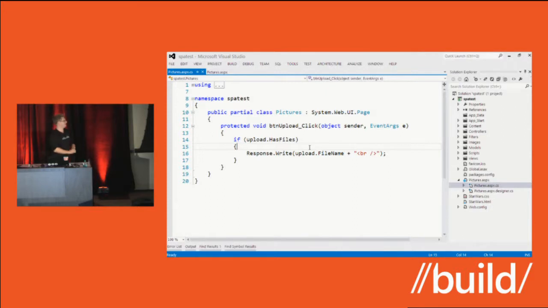So here's what it looks like. This is very, very simple. If my upload control has files, then response write the file name. But now that we have multiple files,